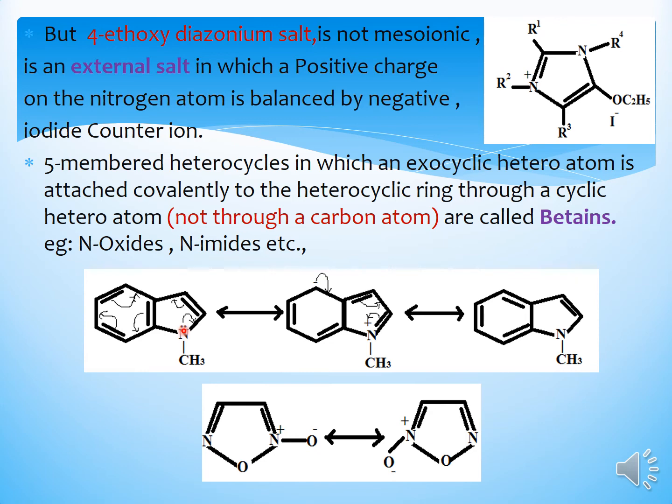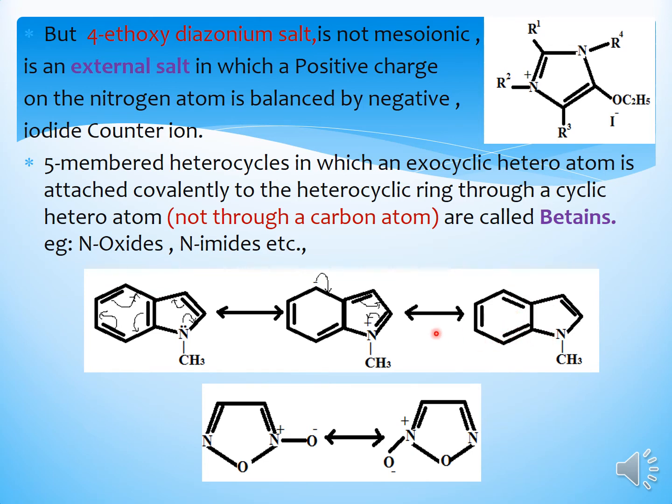nitrogen, which has the lone pair of electrons, will go and make a bond. Meanwhile, there is a shifting of the bond from here to here, and then again this bond shifts over here. This bond will shift, this bond will shift. Okay, you are writing the first resonating structure, that is, you are generating a carbanion and the positive charge on the nitrogen atom, since it has 4 bonds attached to it. Okay, so again this negative charge will go and make a bond, this bond shifts, and then this bond will neutralize the positive charge, resulting in this resonating structure, the resonance hybrid.